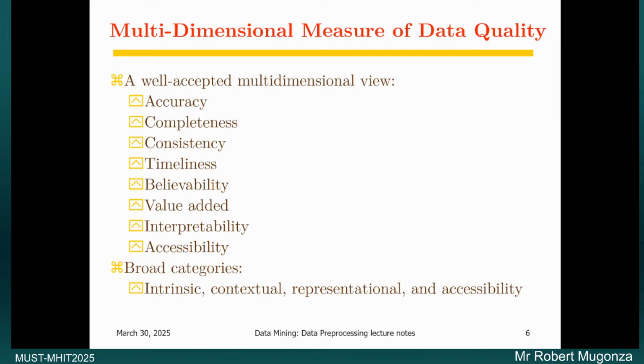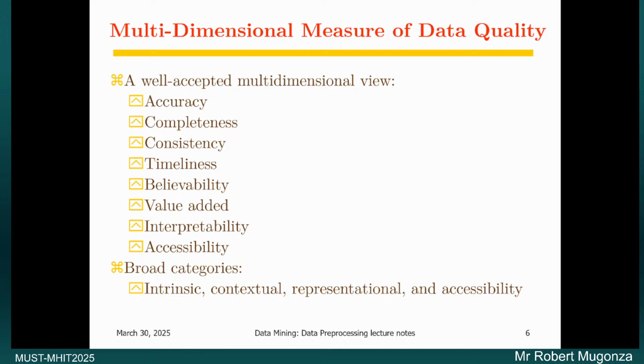Okay. So now also we need to be able to access data. High quality data has such measures that enable us to tell that this indeed is good data. So if data is not accessible, then surely it becomes very bad quality. So if you cannot access it, then why take on any efforts? Okay. So the other broader categories of the multidimensionality of data quality is that data should present something